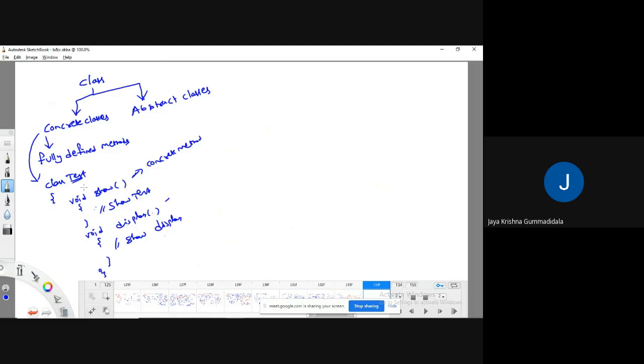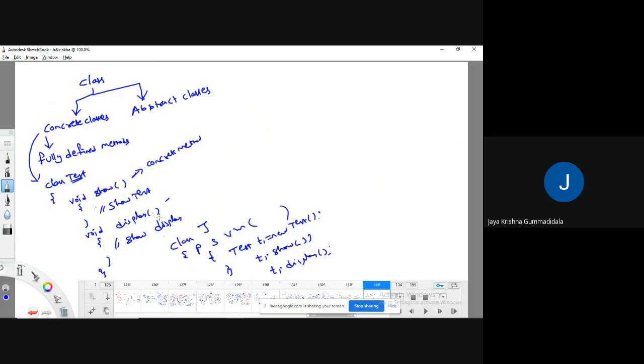Now for this class, I am going to define one program driver class, something like J, and I can create memory for this or not. I can create something like test t1 equal to new test, then t1.show, t1.display.